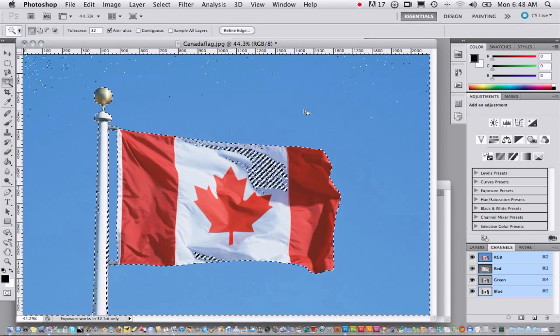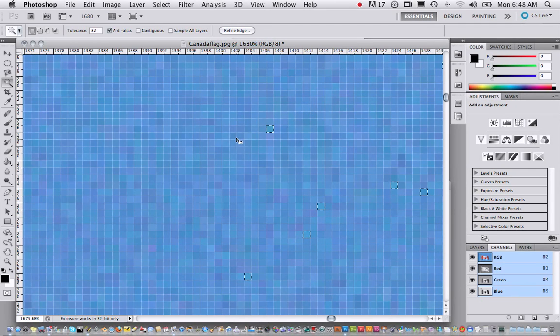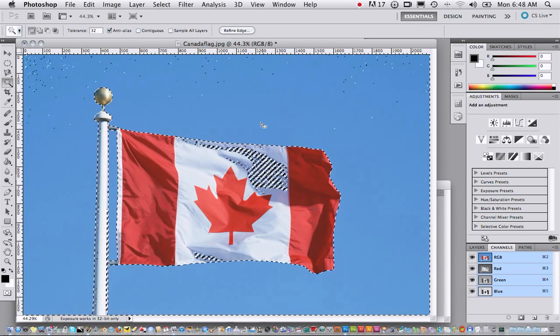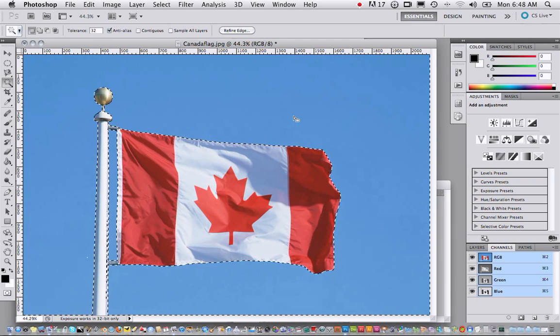And if you're wondering why this is happening, I'm just going to zoom in quickly here in a very small patch. And you notice there's a ton of different shades of blue in here. Okay, and that's why I'm getting all different selections. So what you do in this case is just click around until you get a really good selection like this one. You notice the only sparkly I've got here is right here,